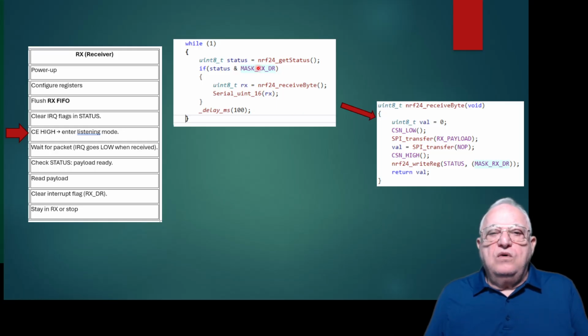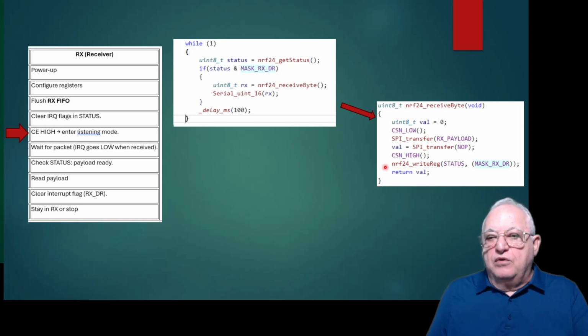So let's see how this works. What does the NRF receive byte do? When we call it, it's going to select the radio, then send to the radio the message RX payload. That means, hey, give me the payload that you received, and I know we received it because I checked the status. So RX payload. And then after sending the command, I'm going to send a dummy SPI to accomplish the transfer with the NOP, which is the hex FF, and put it into the val value. Then deselect the